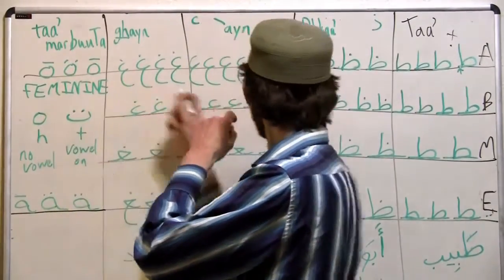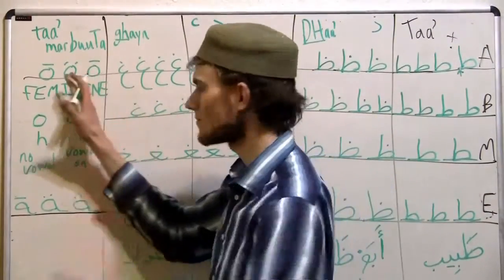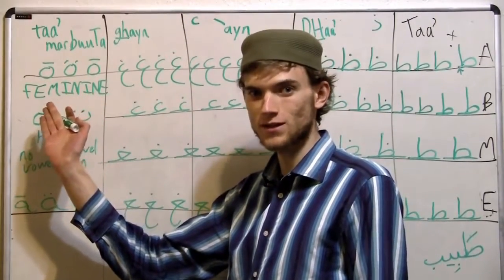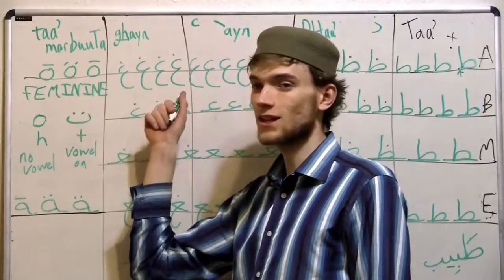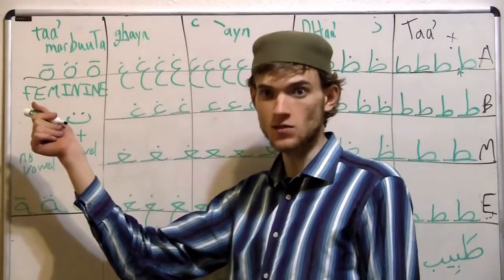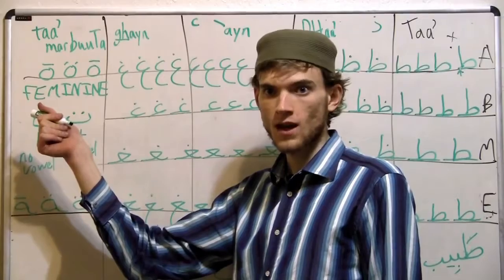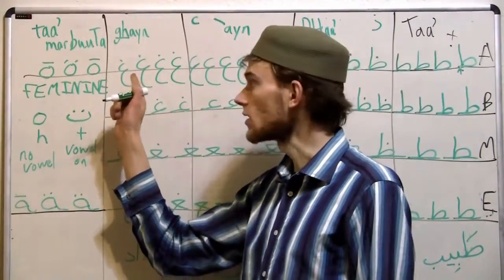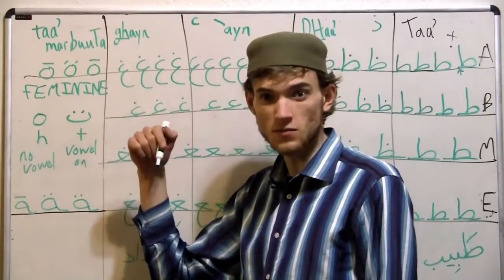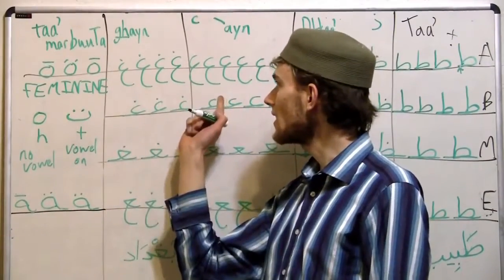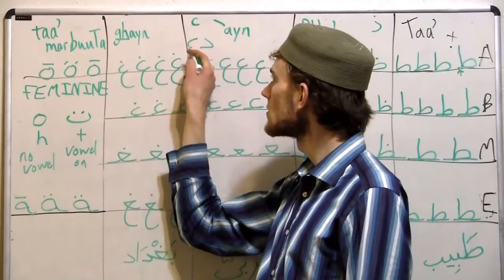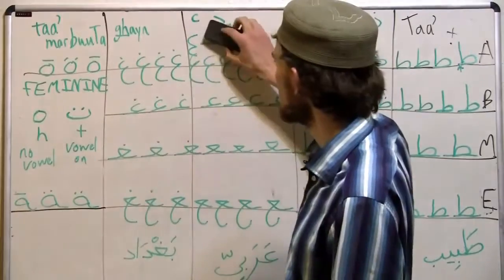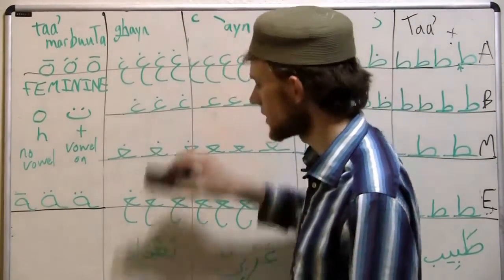This category is basically it also works for when the letter that comes before it isn't connecting to it, and there's nothing after it. So, for example, if we have alif ghayn, then the ghayn is going to be written like that, even though there's a letter before it. Or say dal ayn. We have the ayn written in its alone form because the dal isn't connecting to the ayn.